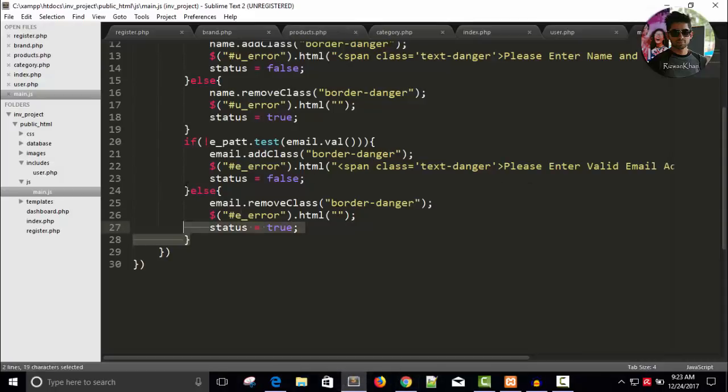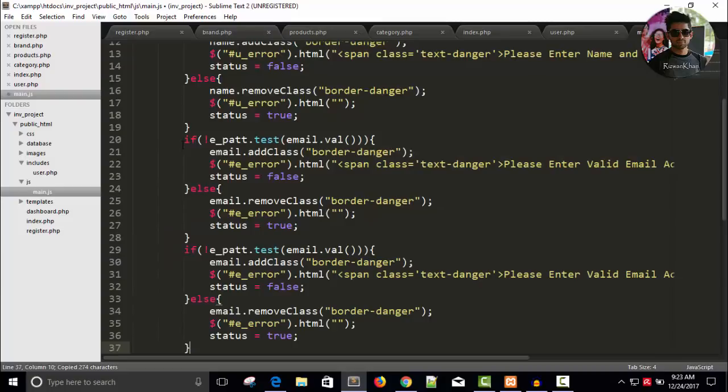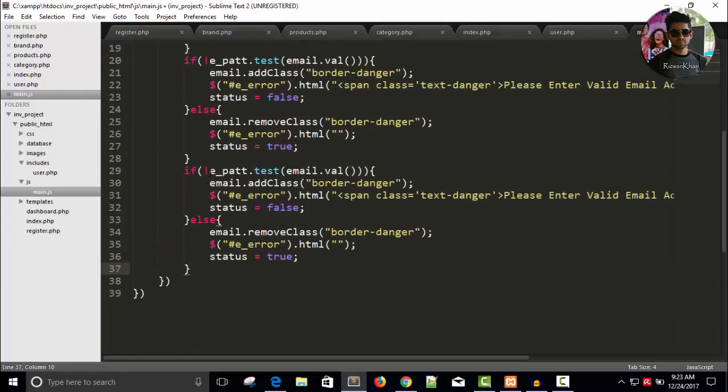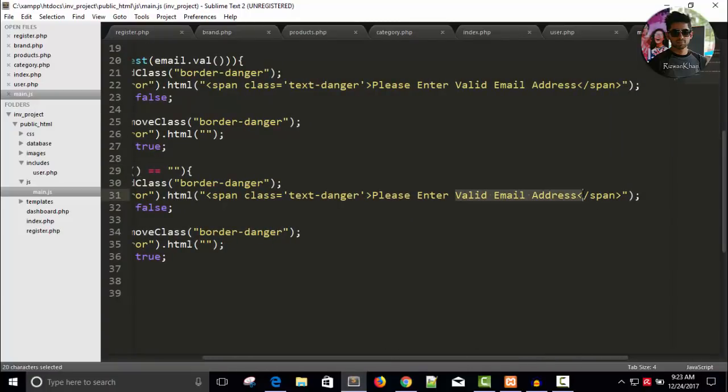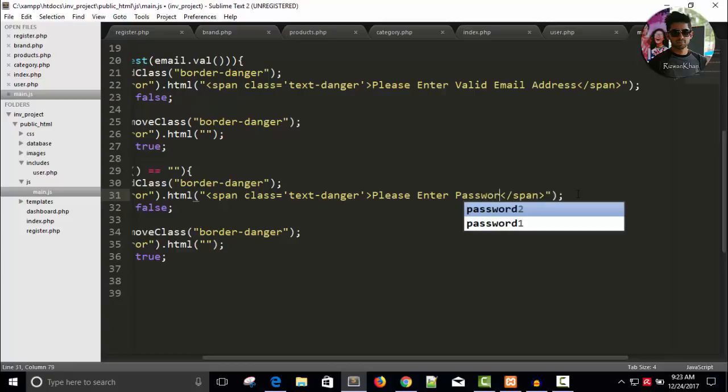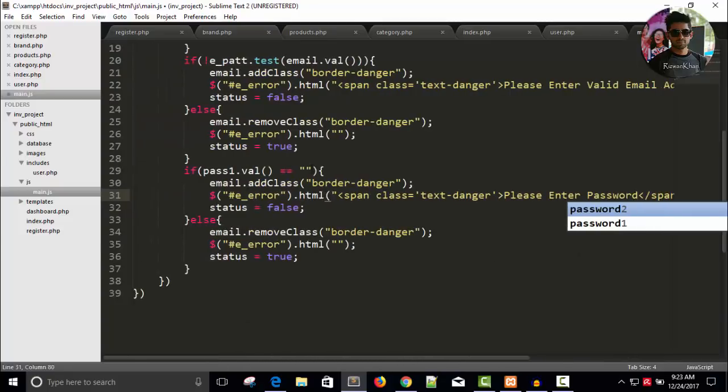Now take the password. The password should not be empty. So pass1 not equal to empty. Okay, let's put here empty. Password pass1 equal to empty. Sorry, dot val, and let's check the message: Please enter password. Please enter password, and put another condition like or pass1